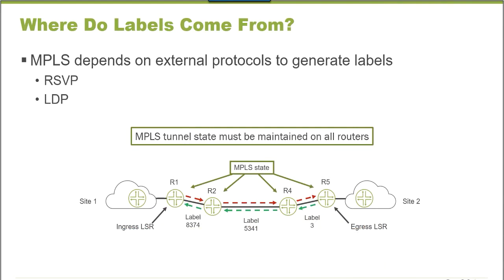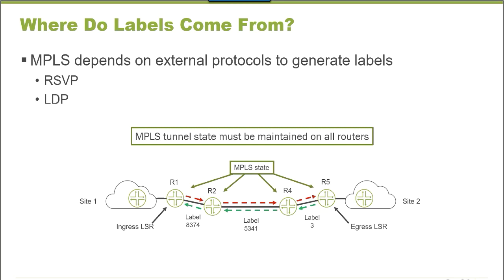Traditionally in MPLS networks, we've used external protocols, or additional protocols, that can be used to distribute the labels. Label distribution protocol, LDP, or resource reservation protocol, RSVP, are used in MPLS networks, and they allow the devices involved to generate and distribute label information. So all the devices in the network know what labels are used to forward traffic and how to forward traffic using those labels. These protocols have been around for a while, MPLS, RSVP, LDP, and so they're well implemented,